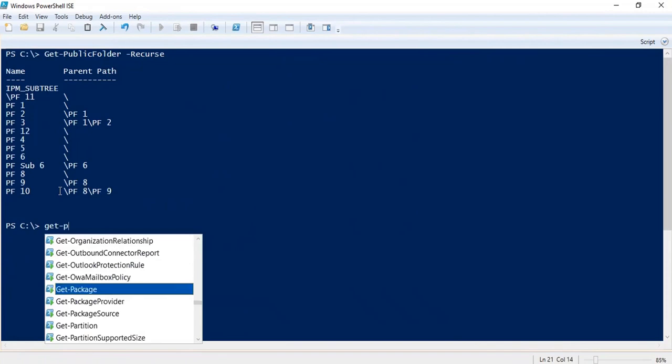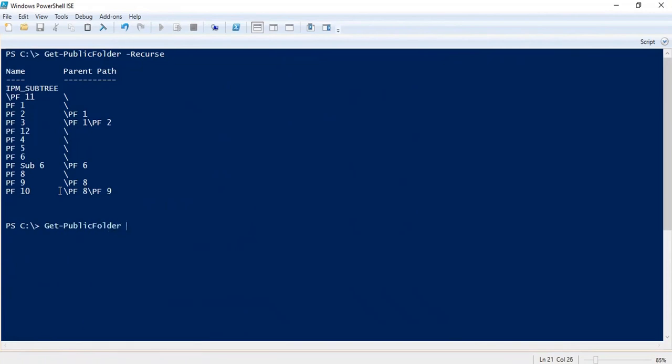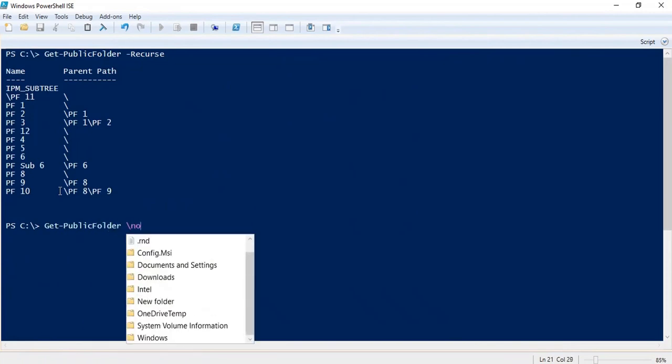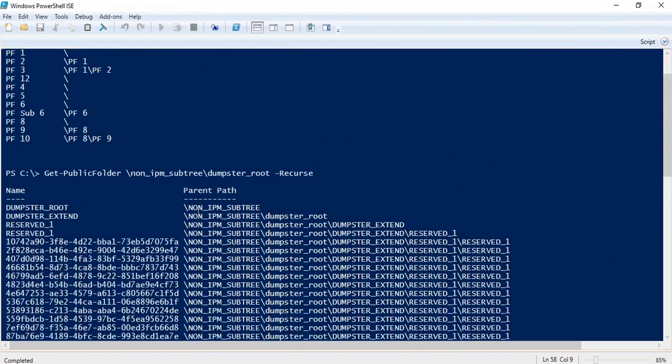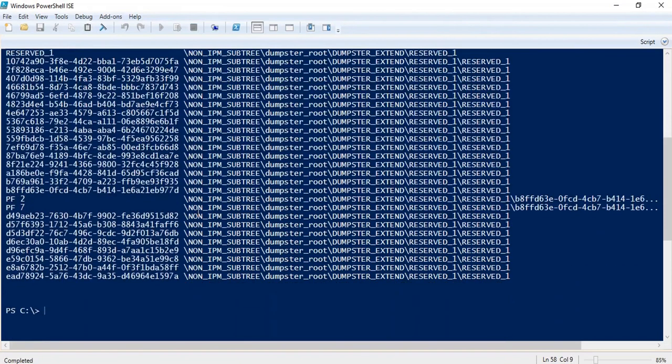For this, the command is Get-PublicFolder \NON_IPM_SUBTREE\DUMPSTER_ROOT -Recurse. Press enter. So here you can see the dumpster folder or non-IPM subtree dumpster. Here we should see PF7. We deleted the PF7 public folder and this public folder is here.